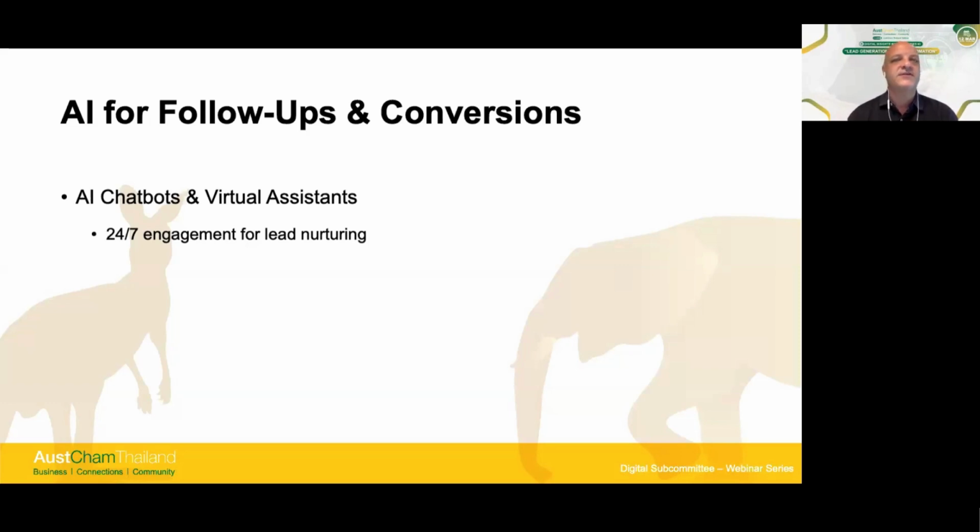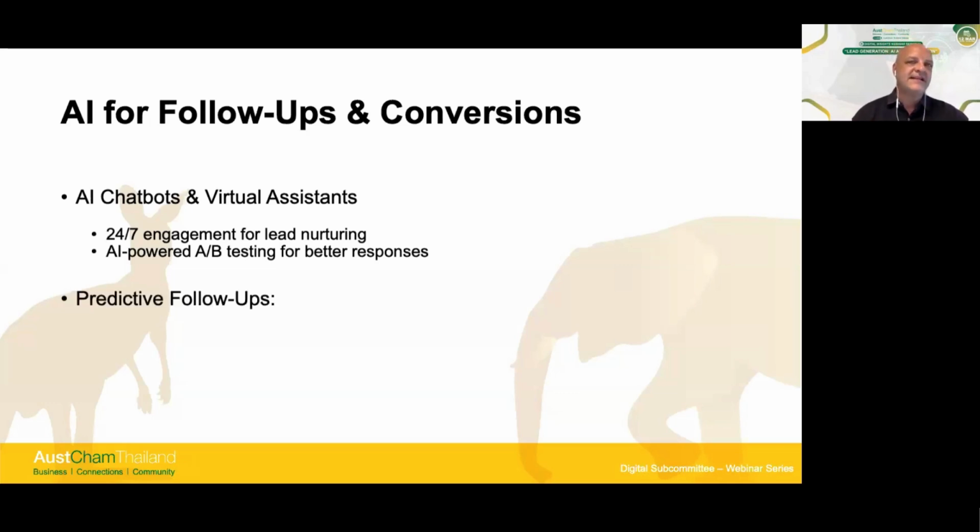AI can ask specific questions to help qualify and score that lead, making sure that when you are up and ready to deal with this the following day, you have all the information that you need, and that person has already had an interaction and some information from your company. We can also use AI-powered A/B testing for better responses as well. So AI-powered follow-ups, chatbots, great for real-time responses, making sure leads don't go cold.